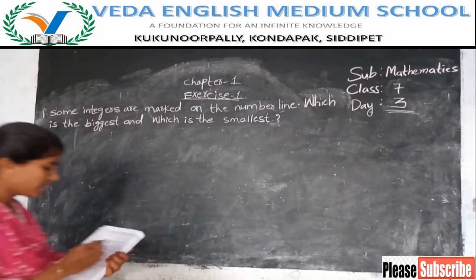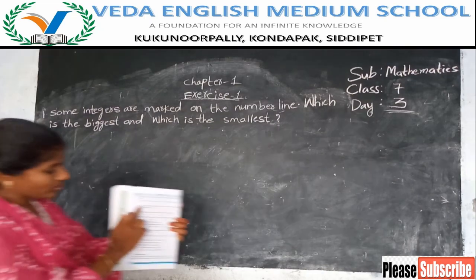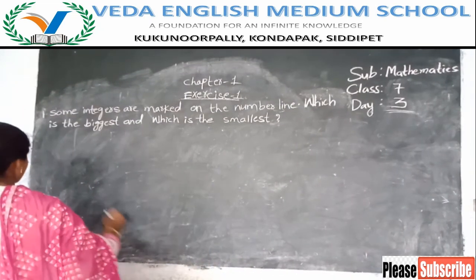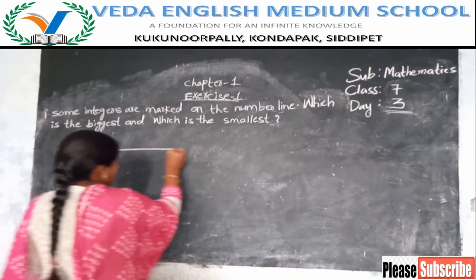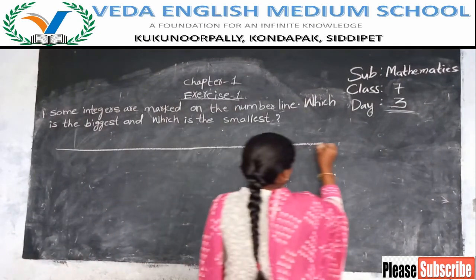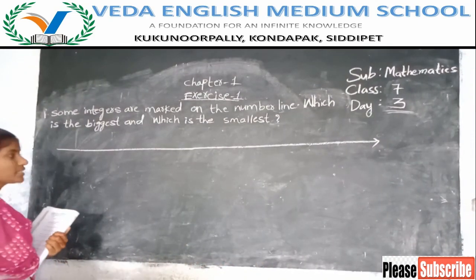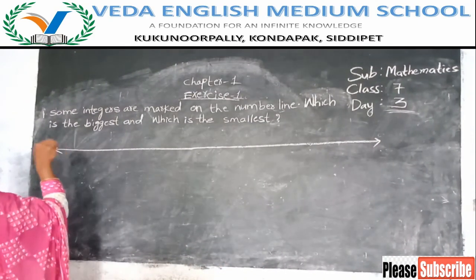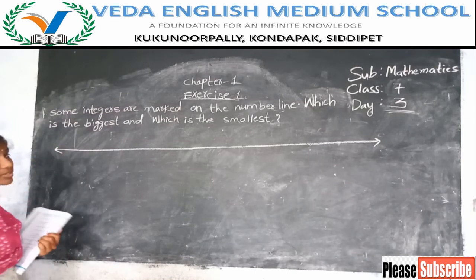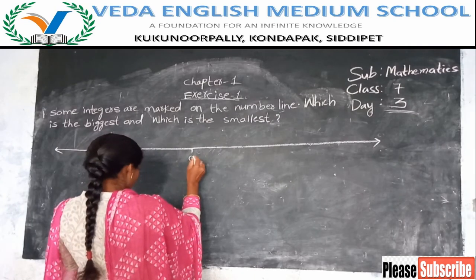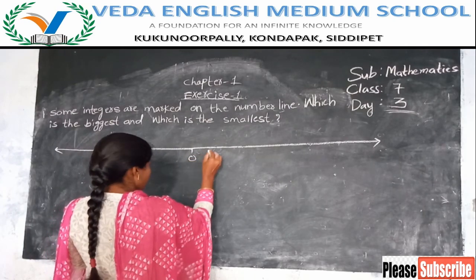First question has completed. Now here in your textbooks we have a number line. Now I am drawing that number line. Integers number line is the collection of positive numbers, negative numbers and 0. 0 is neither positive nor negative. In the middle we have 0.